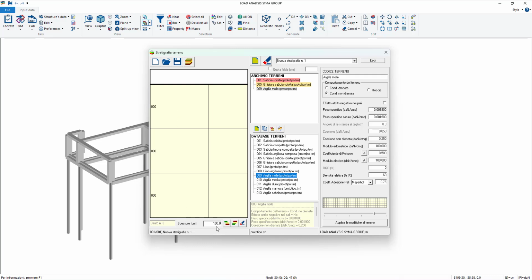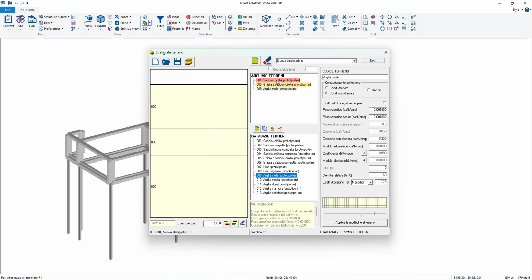Of course, with this parameter, we can modify the depth of the layer. Let's say that we have 5 meters for the second layer, 3 meters. I really don't know, I'm just changing numbers. And 7 meters. Okay, let's say that this is our stratigraphy.